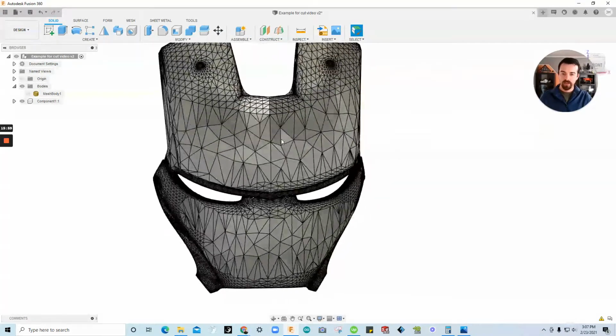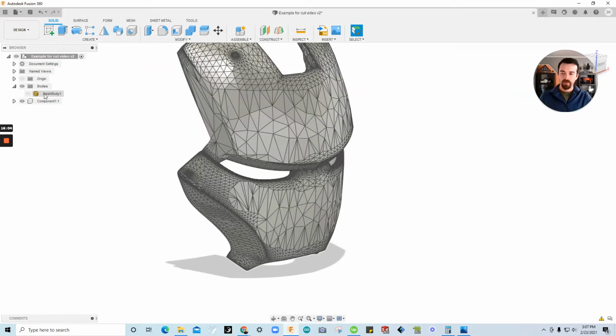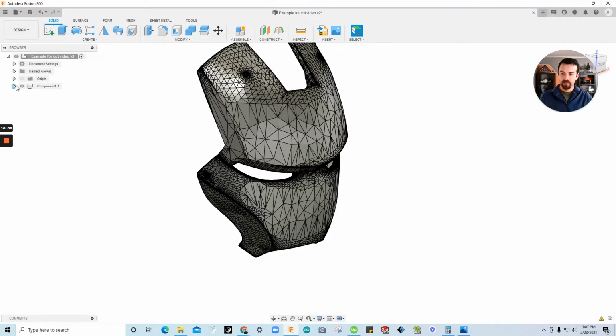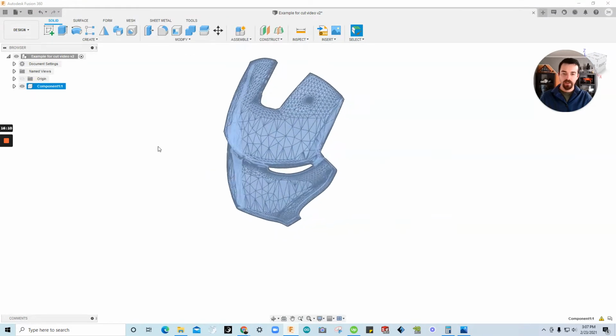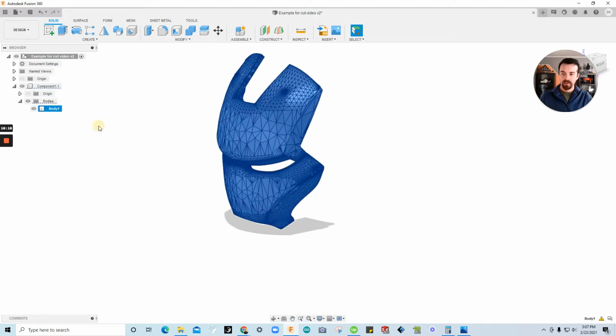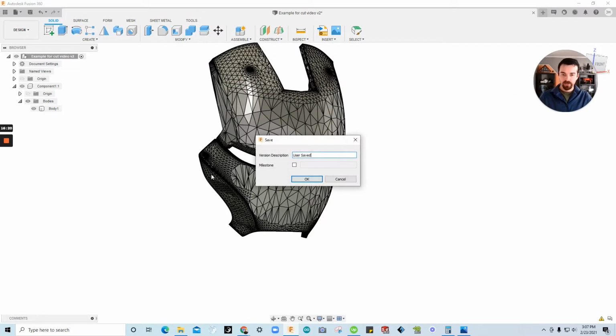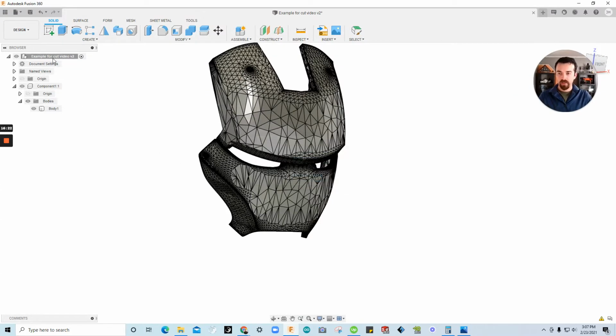Okay, so we're done. As you can see, the mesh body is not visible right now. I'm actually going to go ahead and delete that for simplicity, but our new component here is what we just created. It is of a traditional body like that, as you see. So I'm going to go ahead and make sure I save this, Control S,